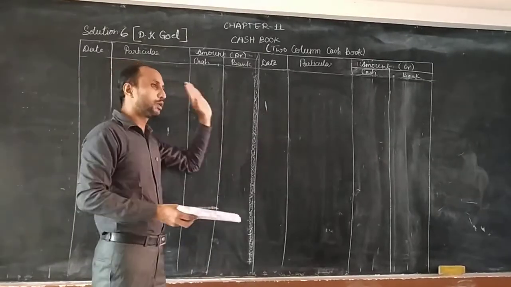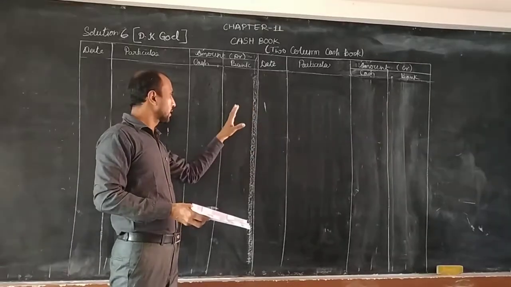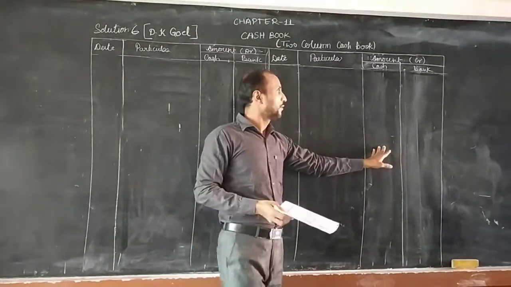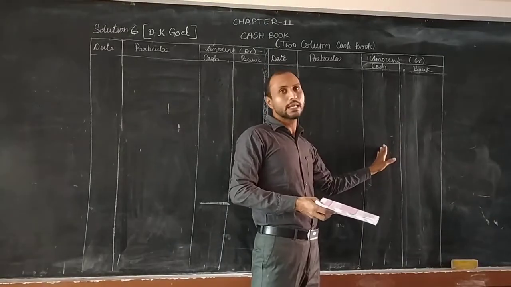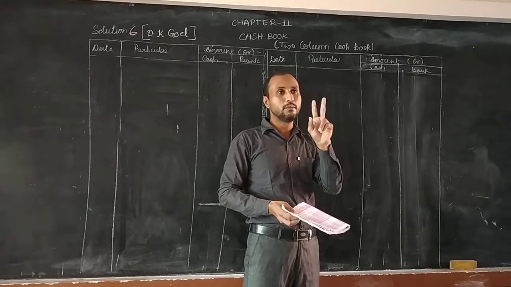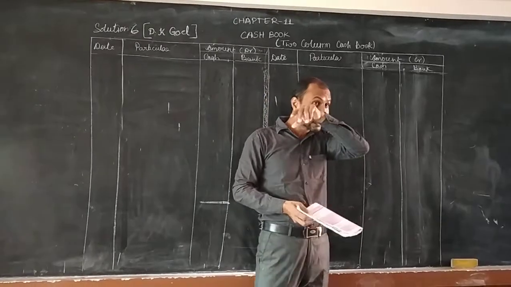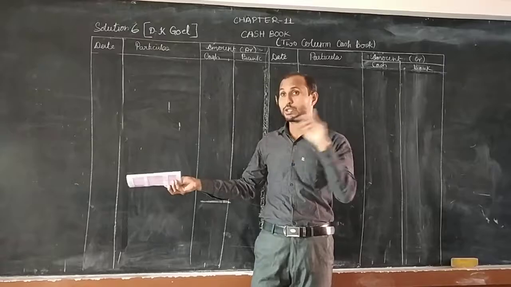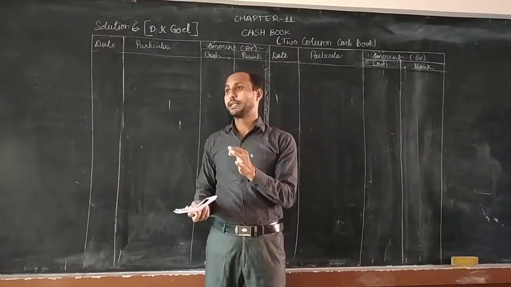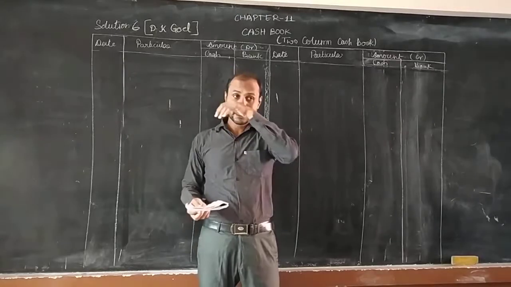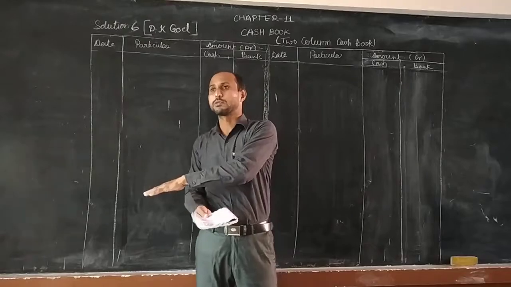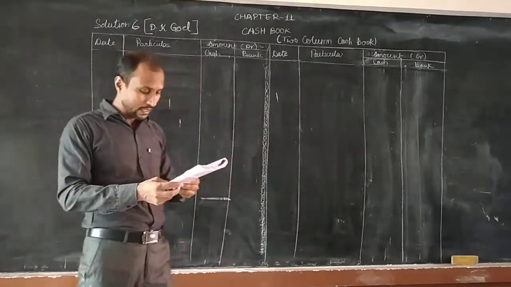So whenever we deposit cash into the bank, we will record that cash in our cash column also, and on the payment side we will pay that cash from the cash column. That means here we will have a contra entry. Two entries will be there. If one transaction is recorded on both sides of the cash book, that is what a contra entry is. Contra means counter. That side you have to record, and the counter should be on this side also. It is clear?